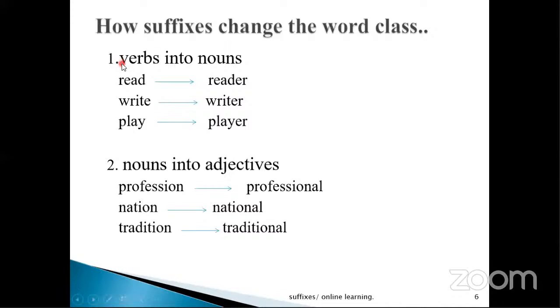And look at this one, verbs into nouns, right? And suffixes can change nouns into adjectives, right? So we can change the word class here, right? If you could not participate in the previous lesson, you can take some screenshots of this presentation of these parts, so you will be able to